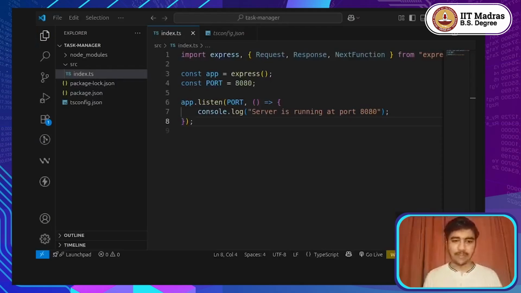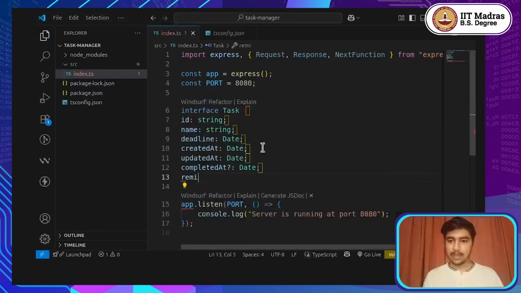And the very first thing that we will do here is to define an interface for how a task is going to look in our application. That means, which properties a task is going to be holding or containing. So a task is going to look something like this. A task is going to look something like, say,